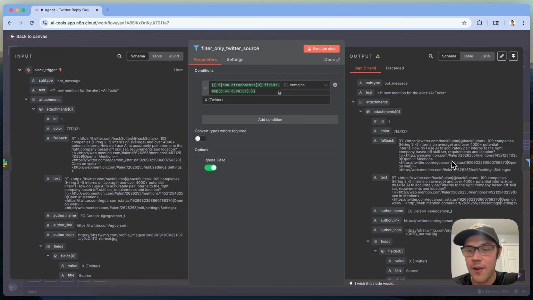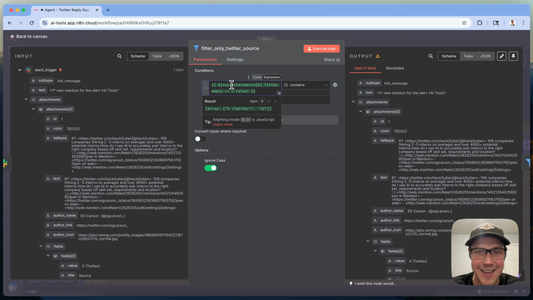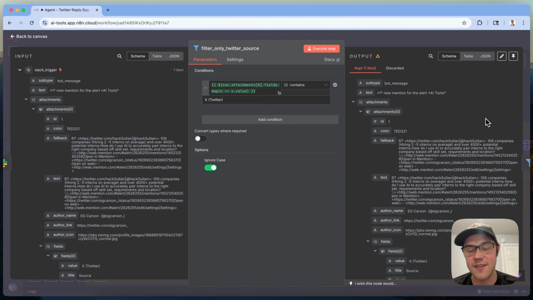So in mention, like what we were going through earlier, they can actually scan other places on the internet, like Reddit, like Facebook groups, and other places. And so this is just a quick sanity check we have here, where we're actually looking that there is this attachment field that exists on the incoming message. That's something that tells us that, yes, this is going to be a Twitter social media mention, and lets us